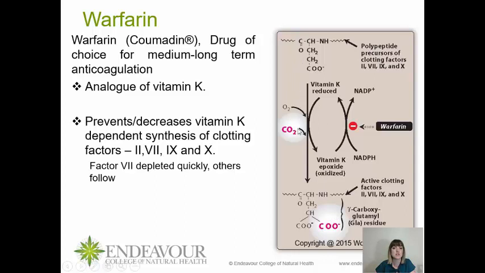And this reaction relies on the presence of a reduced form of vitamin K, that is, chemically reduced form of vitamin K. And reduced vitamin K participates in this reaction, becomes vitamin K epoxide, an oxidized form of vitamin K,